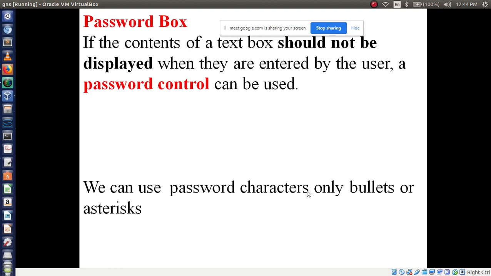Okay. Now another tag is another control. I am saying tag, but it is a control. And another control is the password box. We have studied the text box, but here we have to study the password box. If the contents of a text box should not be displayed, is it clear? Should not be displayed, because